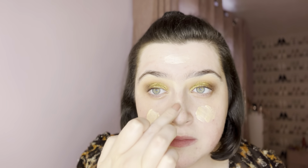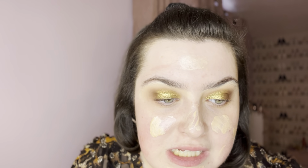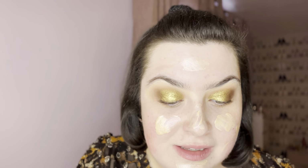It's so nice. I haven't worn it on its own, but I would definitely consider wearing it on its own because it's just so nice. I really want to get the XX Revolution skin tint, but I have absolutely no idea what shade to get in it. So if I manage to pick that up and find a shade that I think might be good for me, then I'll definitely do a review on that here, because from what I've seen it looks really good, and